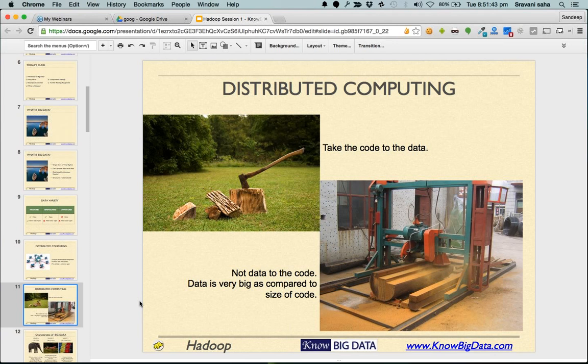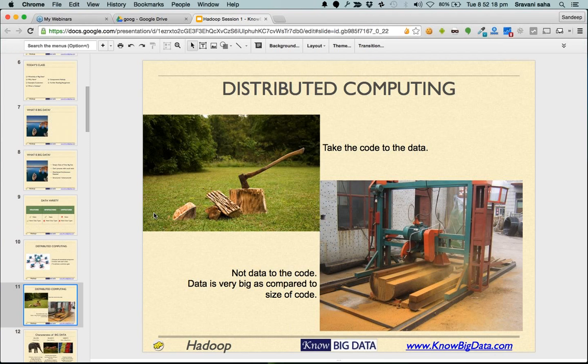Great. Now, when we talk about distributed computing, one part of it is that we distribute the work to multiple computers, right? And when we say we distribute work, it means the work is our code, okay? We distribute the code as well as data to multiple machines. And as part of distributed computing, we ensure that we take code to the data instead of carrying the data to the code.